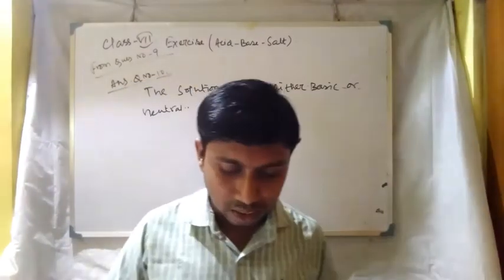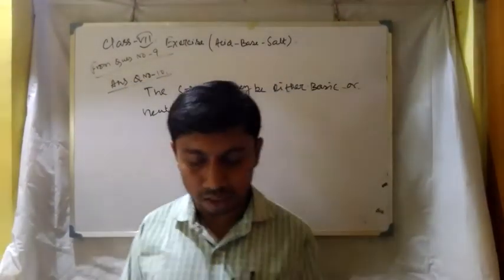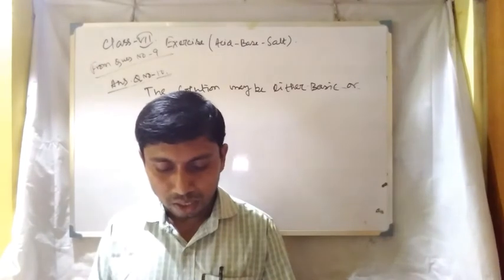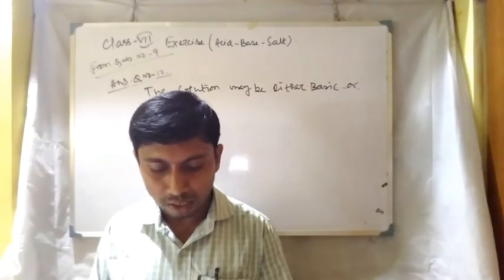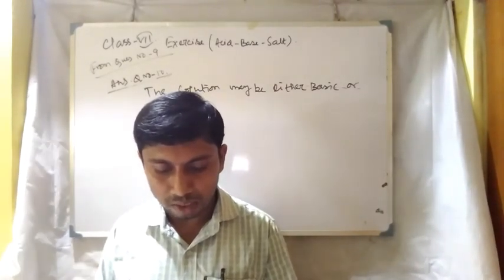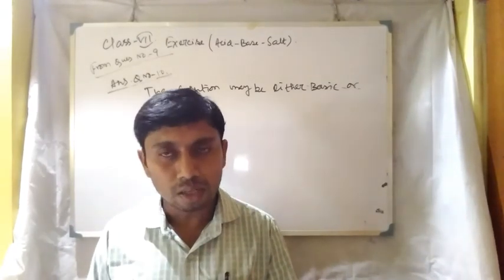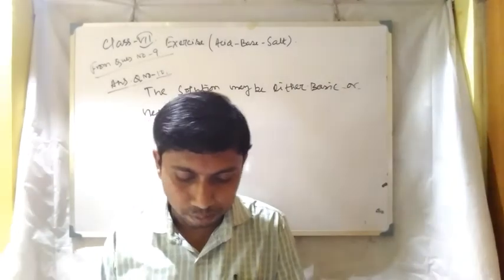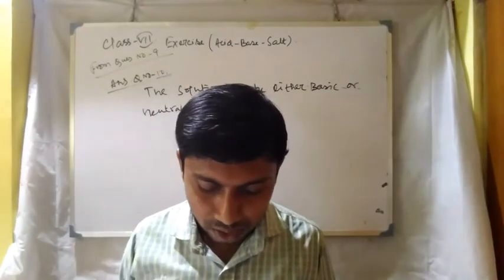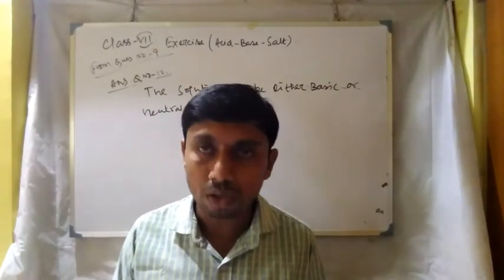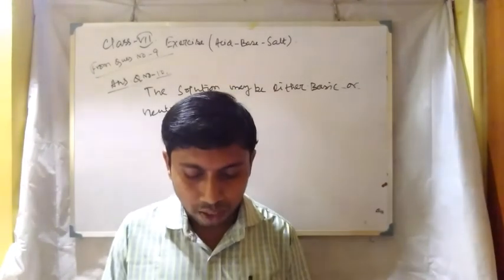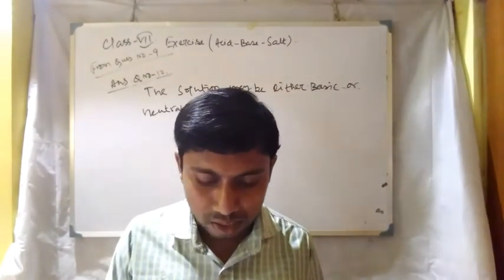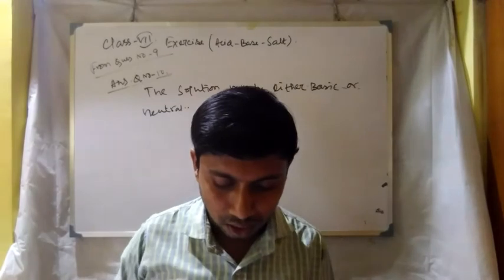Next, coming to question number 11, in which there are 4 statements given. Both acid and bases change color of one indicator, it is false. If an indicator gives a color change with an acid, it does not give a change with base, it is also not true. If an indicator changes color with a base, it does not change color with an acid, it is also not true. Change of color in an acid and a base depends on the type of the indicator.